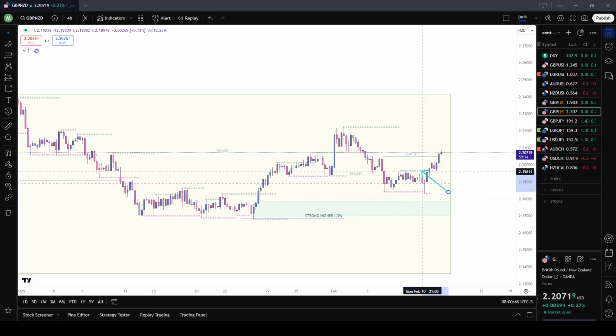But now this price has pushed forward and broken out past structure, at least internally. So I'll now be looking for any type of buying opportunities if there's a pullback,